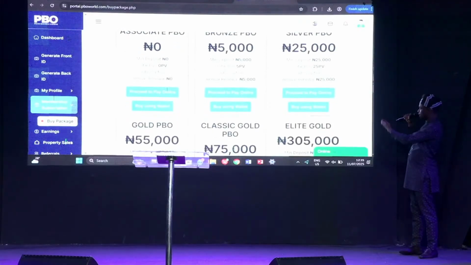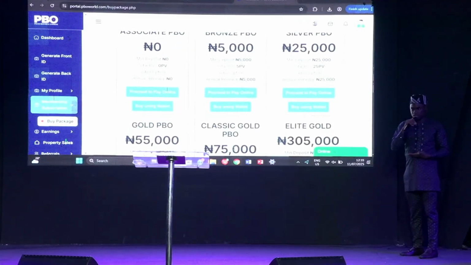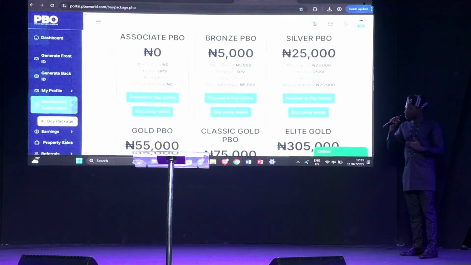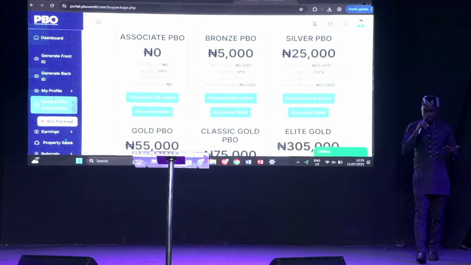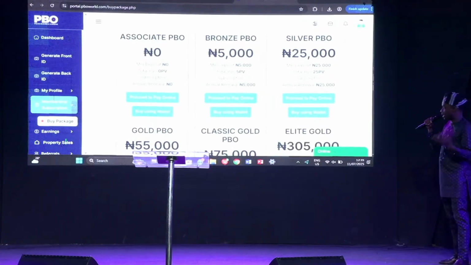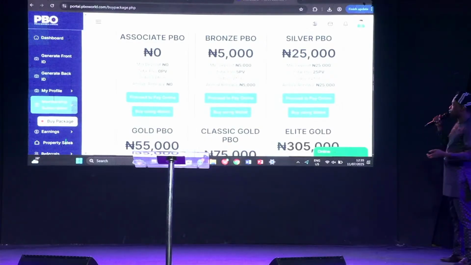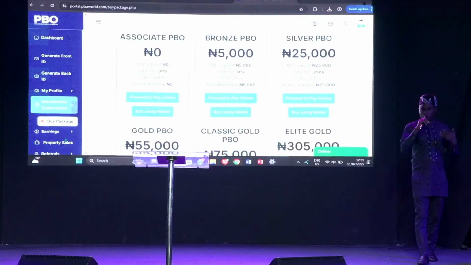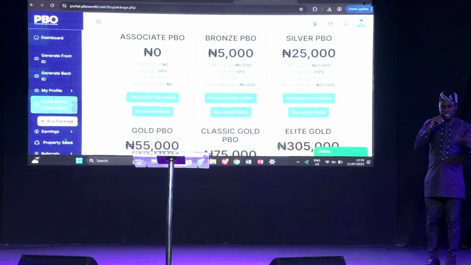And these are the list of PBO packages on PBO World. So you have two options. You can either purchase the package if you have money in your funding wallet, that is, you are buying the package using your wallet, or you can proceed to pay online. That means you are using either the Paystack or Flutterwave option to make payment, and it's going to be